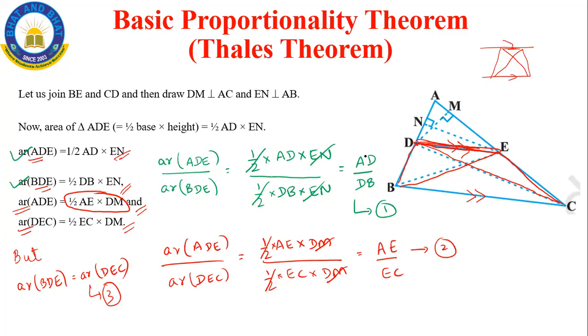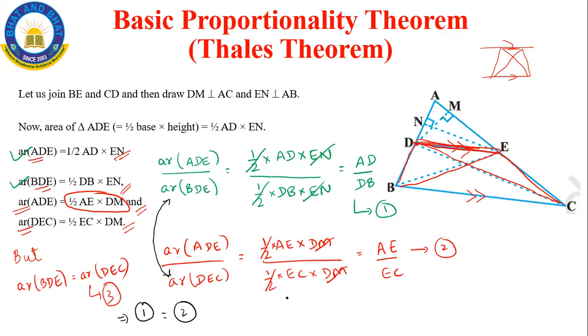So observe, area of BDE is equal to area of DEC. So this is what we are saying. That means what should happen from 1, 2, 3? See, area of ADE is common numerator. In the denominators, we are saying these two are same. If area of BDE is equal to area of DEC, the denominators are also same, the numerators are also same, then which gives us the conclusion that equation 1 must be equal to equation 2. Am I right?